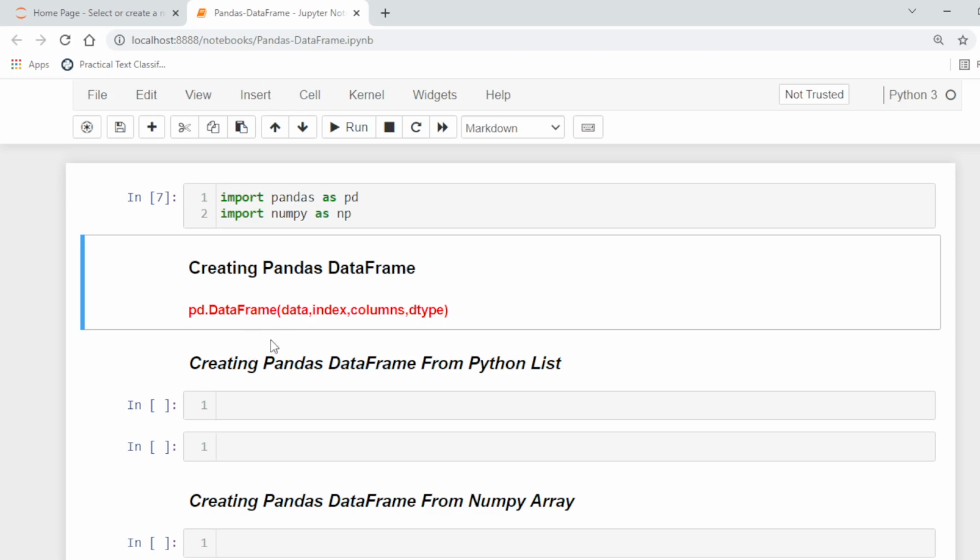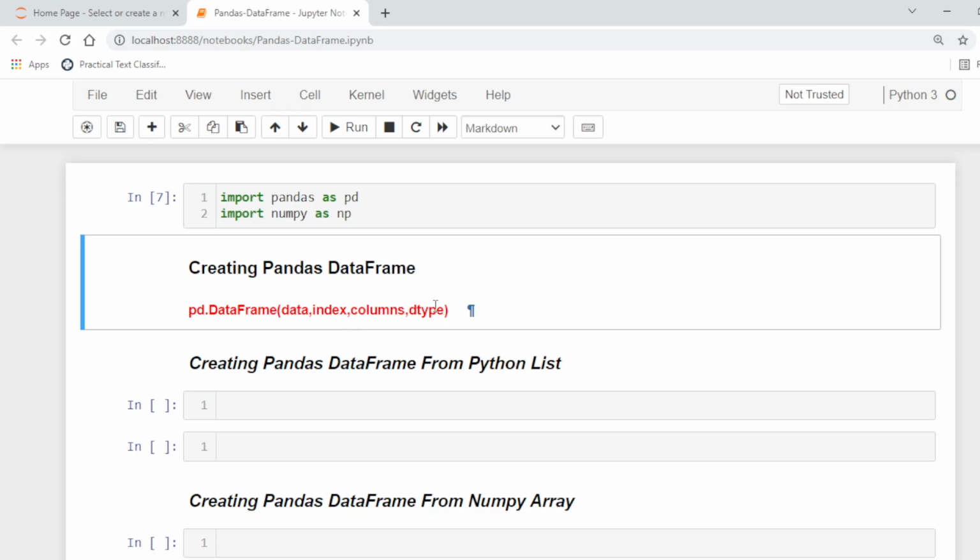The data frame constructor accepts many different types of argument. Data can take many forms like Python list, dictionary, NumPy array, series, and also another data frame. Index is used to specify the row labels, and columns specifies the column labels.